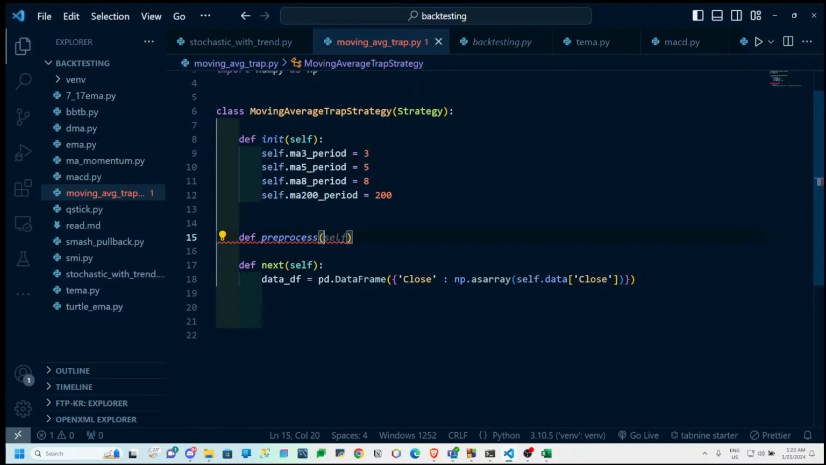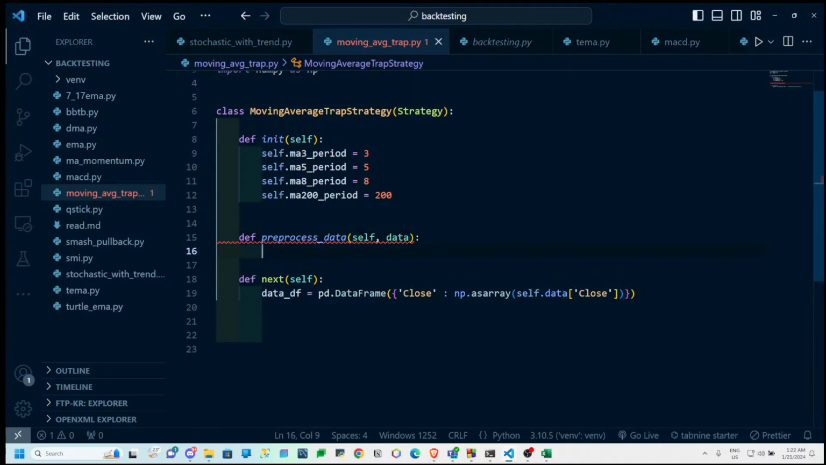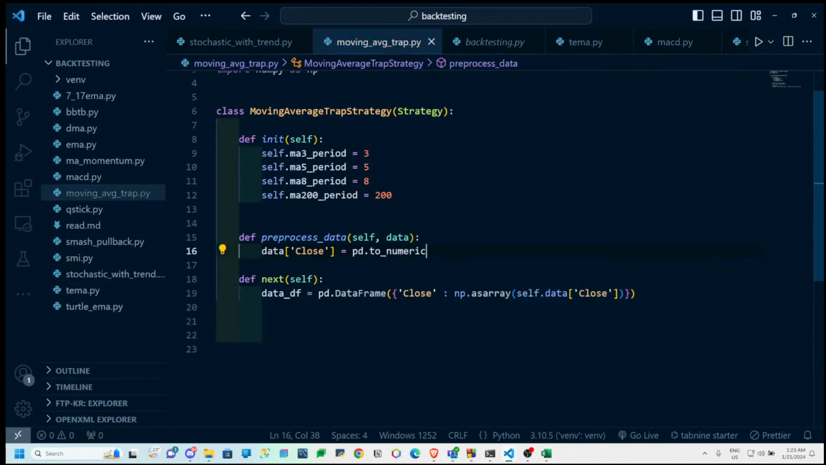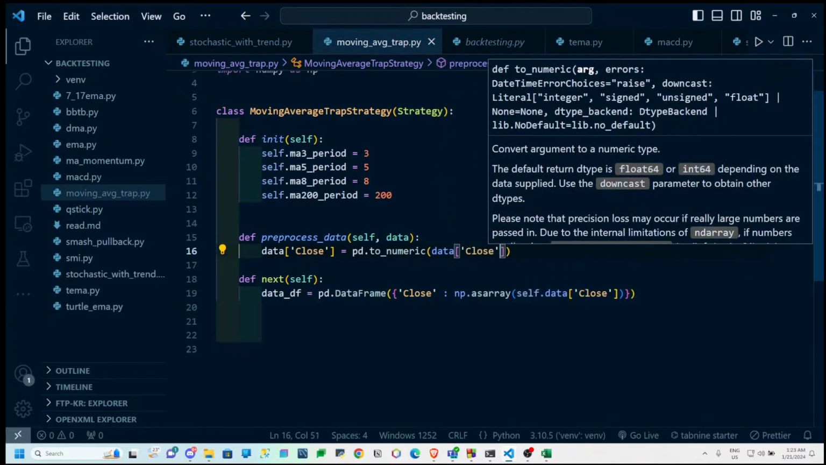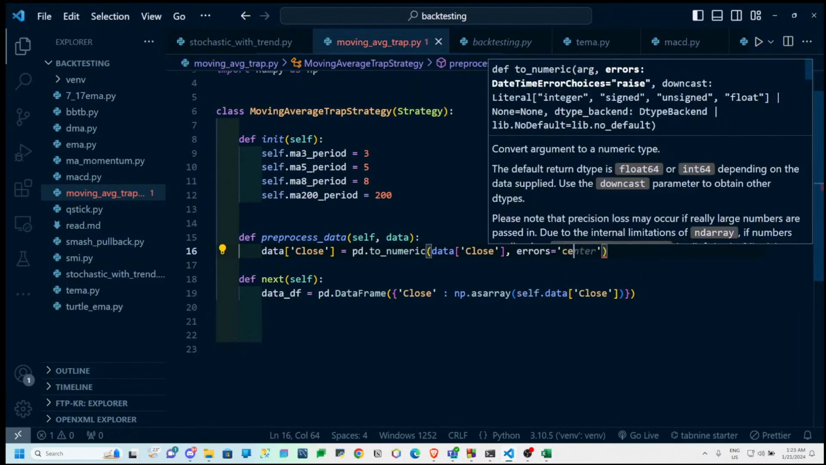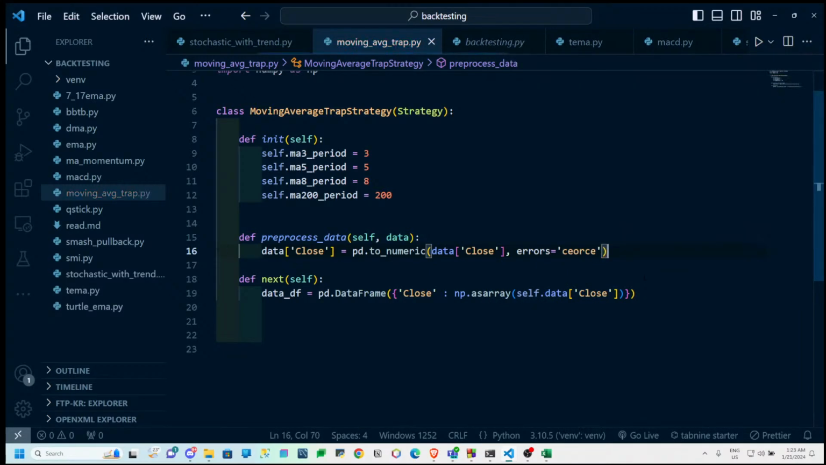So now I think I will need to define a function to pre-process the close data frame that I created from the close of the data that I'm gonna load. So let me create this pre-process data. I'm gonna call it pre-process data, and this is gonna pre-process the data. I'm gonna say the close is gonna be turned into numeric, and we will give errors of